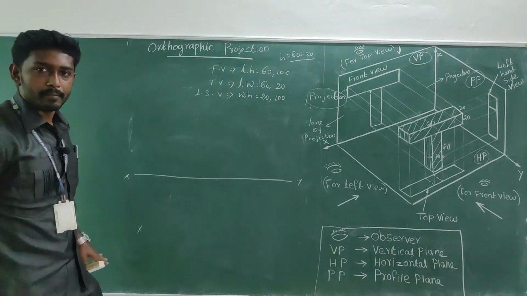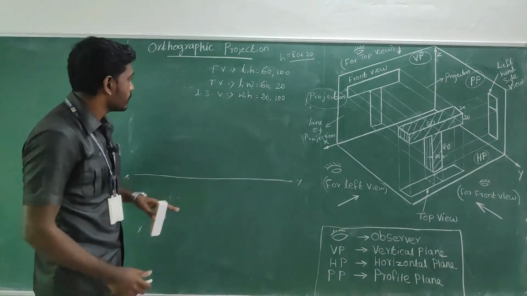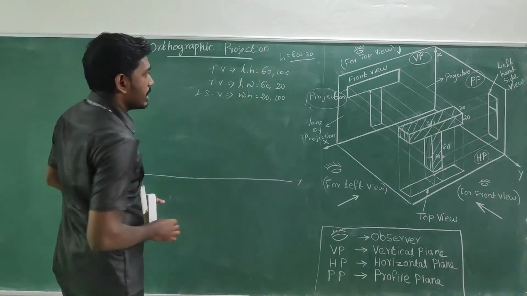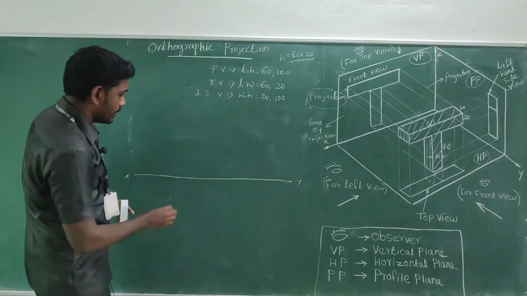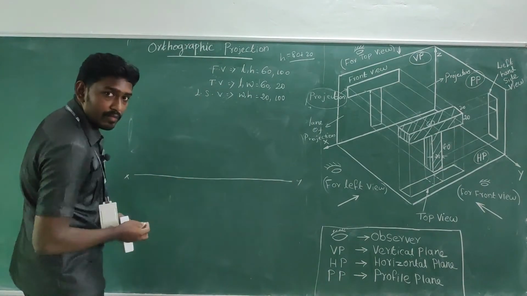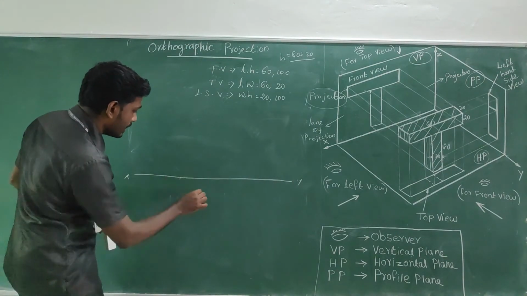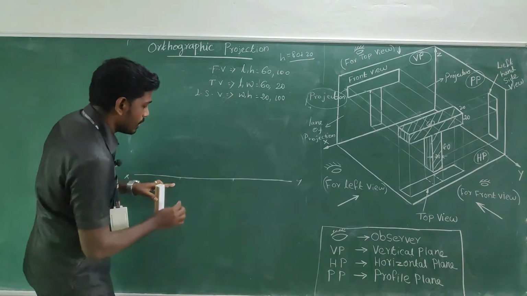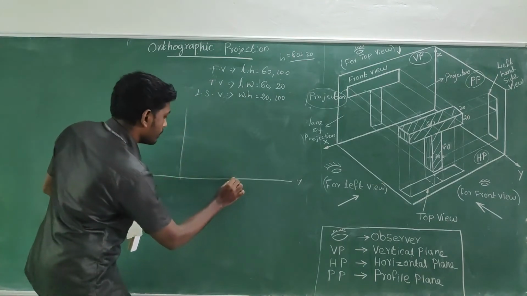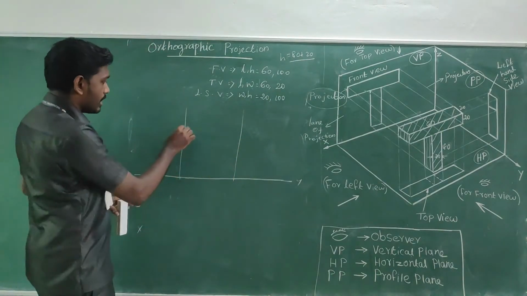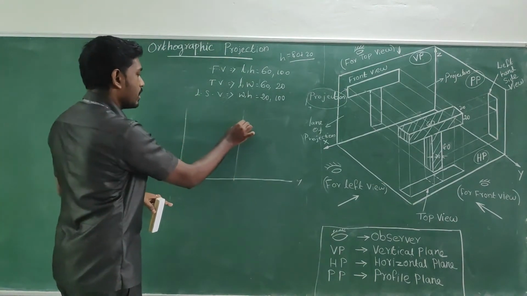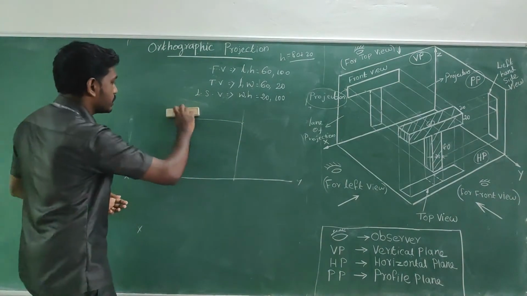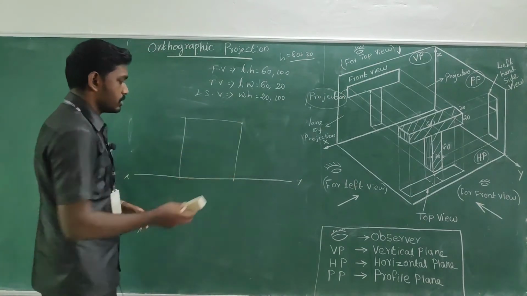So just start your work now to capture the 2D diagram in the paper. Draw the XY line, reference line, and then start with the front view boundary, which is 60 and 100. So take 60, with the help of a scale, keep a point and measure 60, and take the perpendicular line like this and measure 100 on both sides and go for a boundary so that you will get a rectangular box like this.